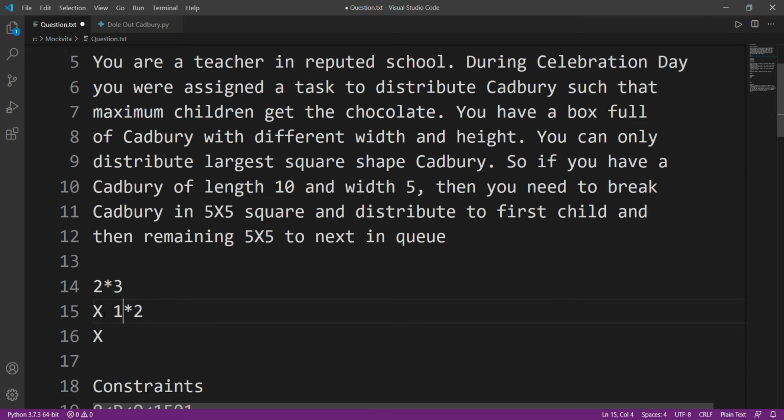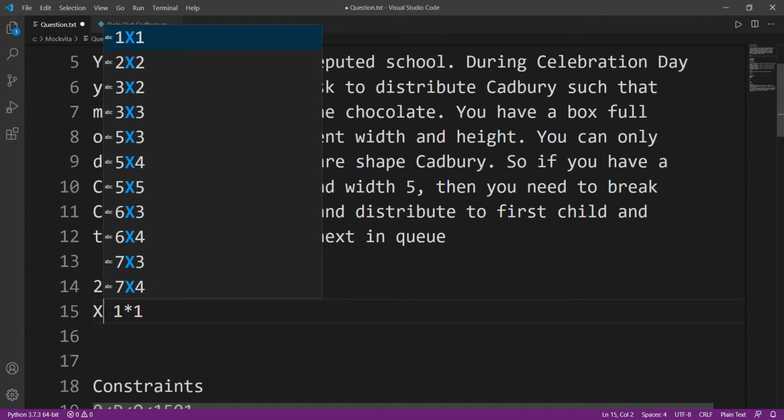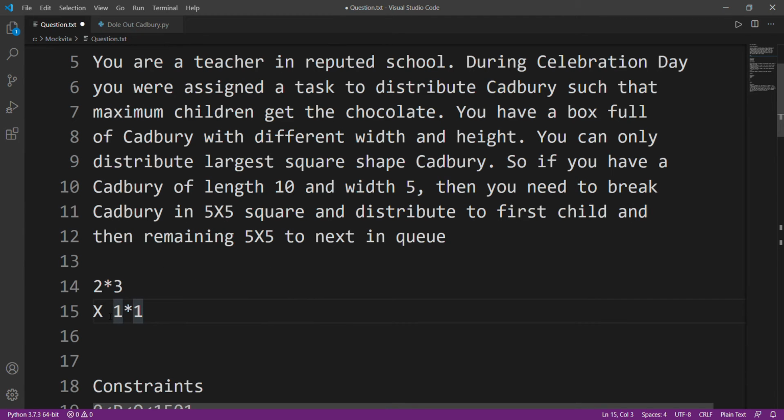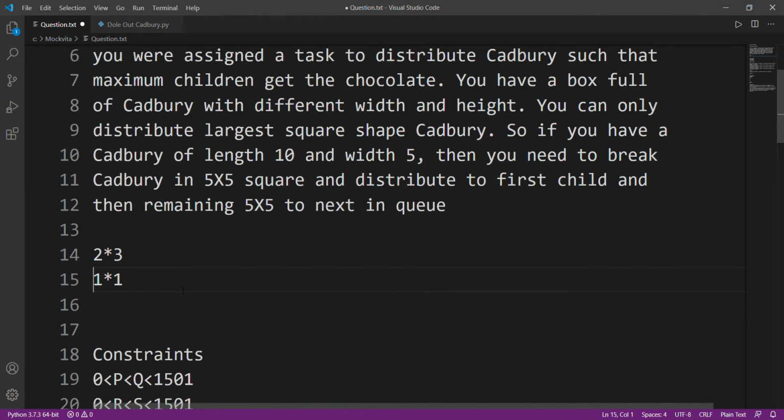Now suppose we only have a chocolate bar with the dimensions of 1 by 2. Since again we can only give them in the shape of a square, the largest square that we can make right now is 1 by 1. So we'll give 1 by 1 to one student, and after that we're left with again a square that is 1 by 1. I'm showing this test case because from this we have to create a few possibilities, a few logics for us.